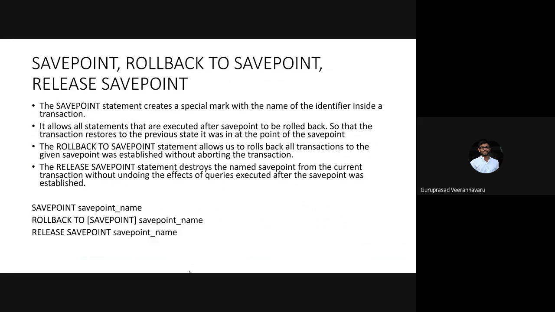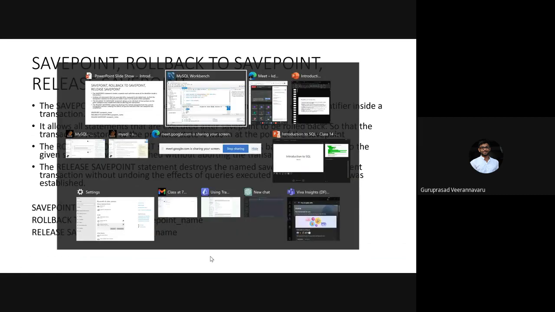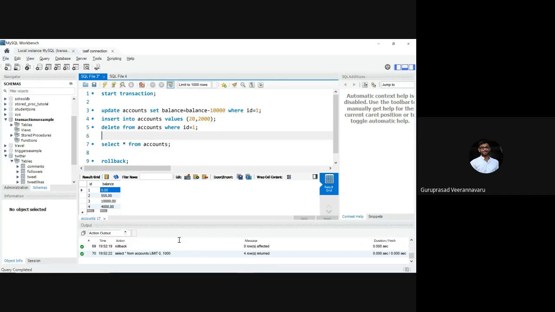Next we will look at what is a save point, what is rolling back to a save point, and release save point. Okay. So what this means is, let us say I'm doing these sets of statements, three or four statements, and there might be a scenario where I don't want to delete everything. I want to go back from here. Okay, like for example,